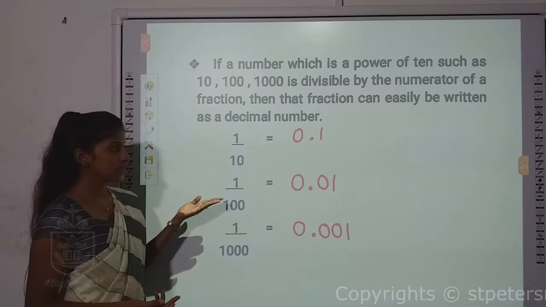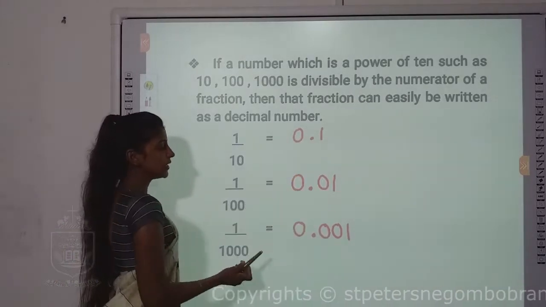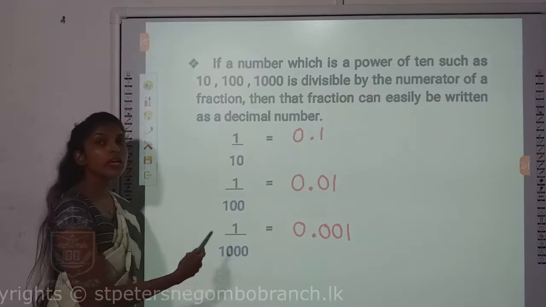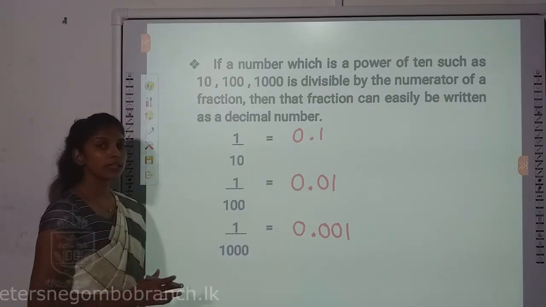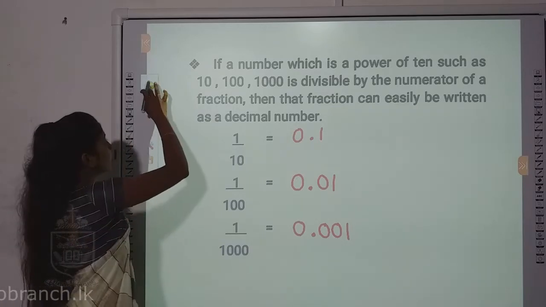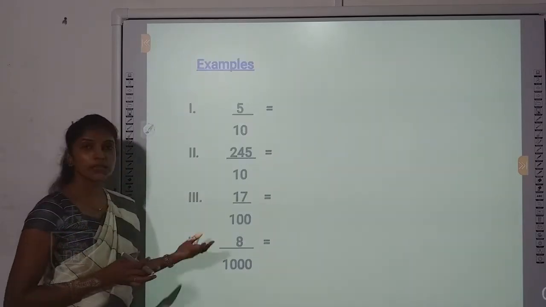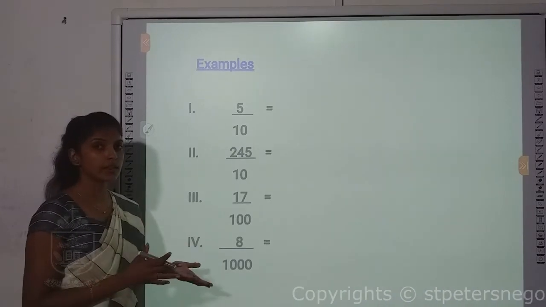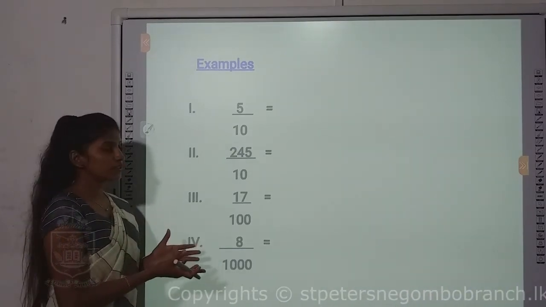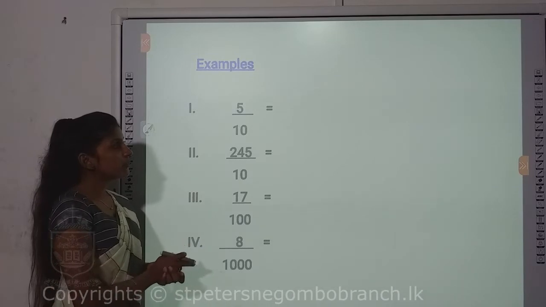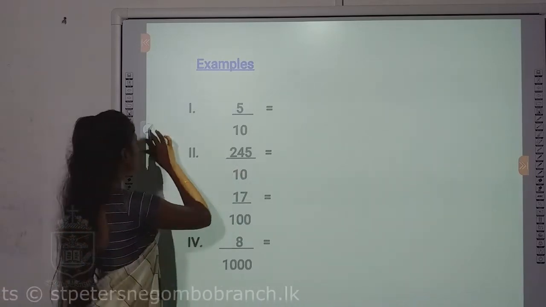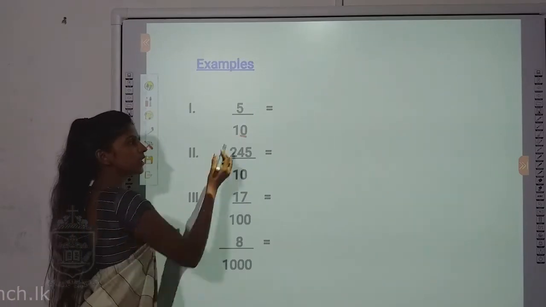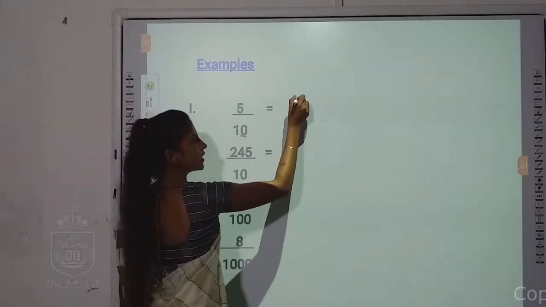Okay. So if it is 10, always one decimal place. If it is 100, two decimal places. If it is 1000, three decimal places should be there in your answer. So let's perform some calculations based on that theory we learned. These things you already learned in grade 7, but I am going to revise some sessions in here also. Okay, 5 over 10, again you all can see in 10, one 0. So one 0 means only one decimal place in the answer, which means